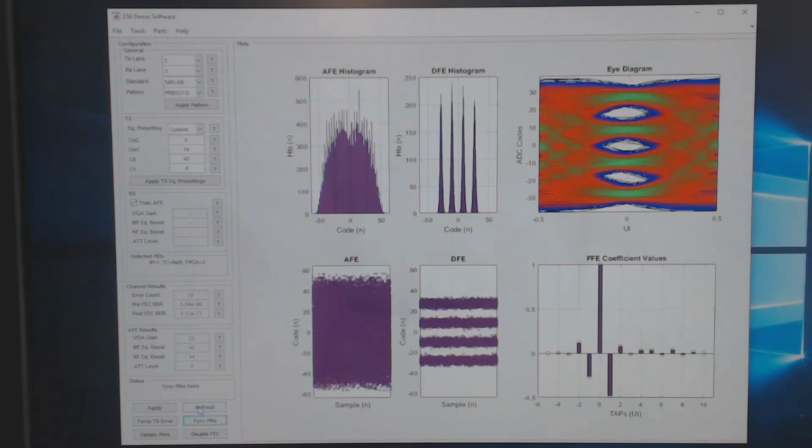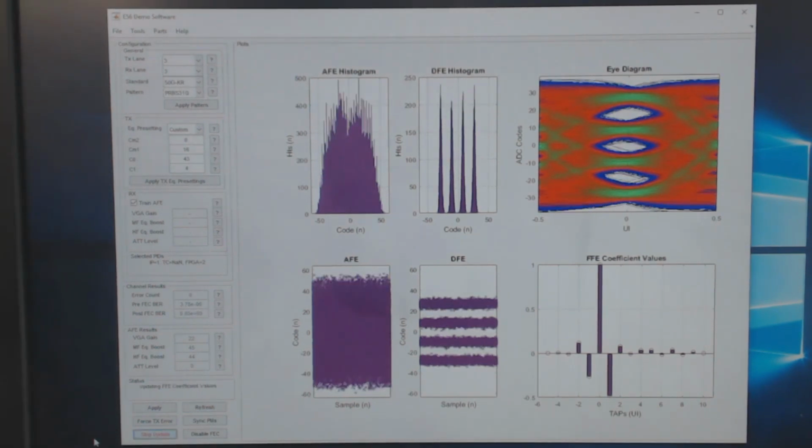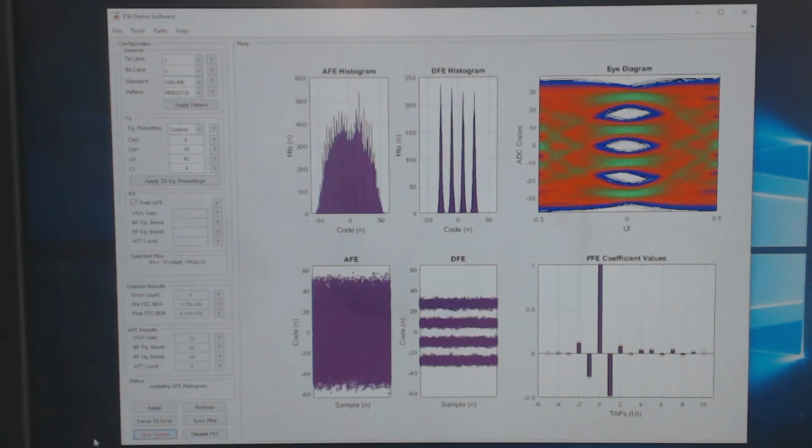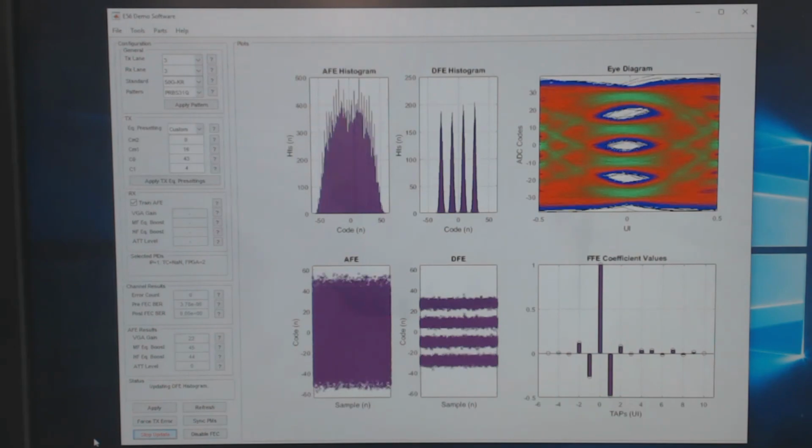To prove that it is working, we will now inject 10 errors in the FEC encoding and confirm that exactly 10 FEC errors are observed at the receiver. With repeated diagnostic and post-FEC bit error rate captures, you can see that the receiver DSP is able to maintain open PAM4 eyes and the post-FEC bit error rate remains 0 over the 1.5 minutes of this video. At 53.125 gigabits per second, that is over 4 trillion transmitted bits error-free.